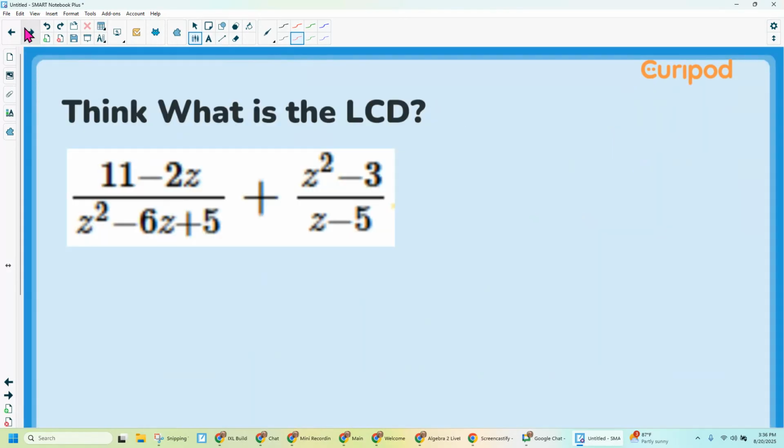All right. Think, what is the least common denominator? We have z squared minus 6z plus 5 and z minus 5. Look at this and see what one of our tools is that we're going to use to find the least common denominator. I hope you recognize that this trinomial needs to factor to